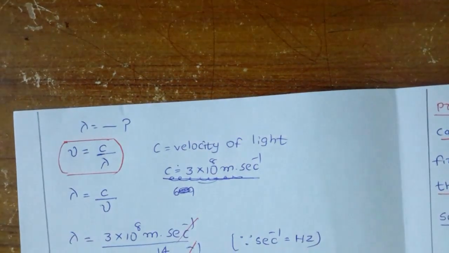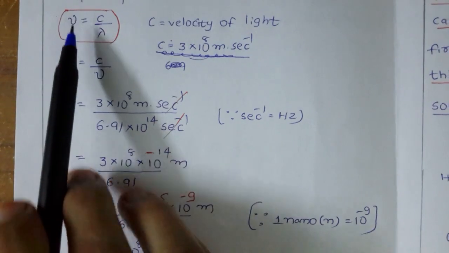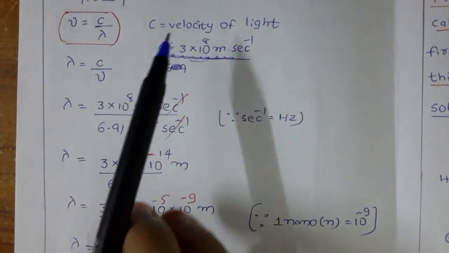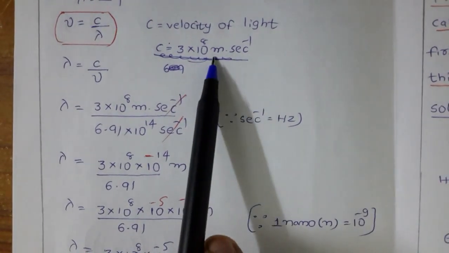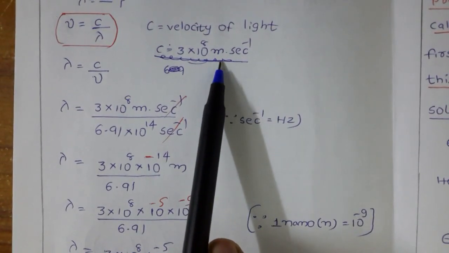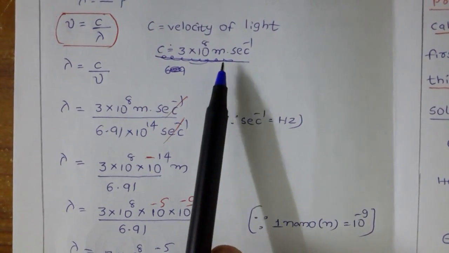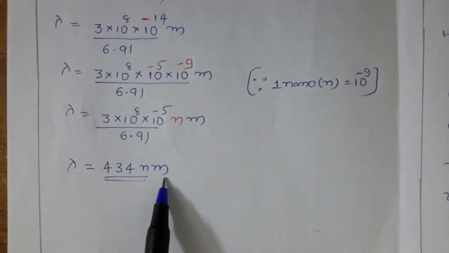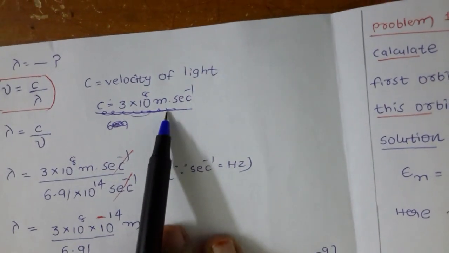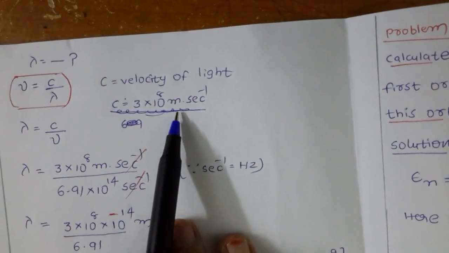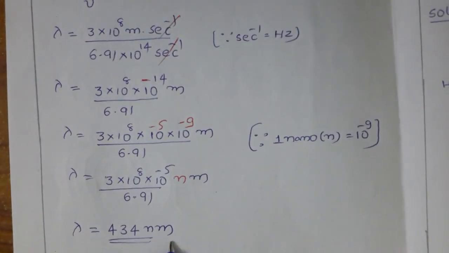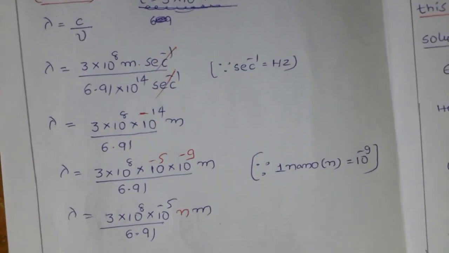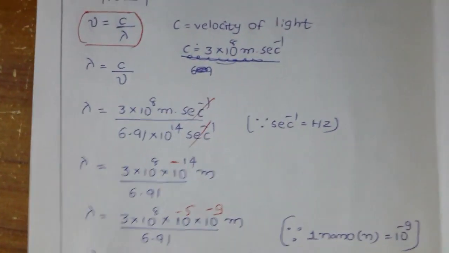Now lambda. Once you know mu, you can calculate lambda. Simply we have the equation mu is equal to c by lambda, where c is the velocity of light. In which units can we take the c value? In the textbook we already have the units in nanometers, so I will go for meters. In exams, if they don't mention, you can take centimeters also, and finally end with lambda in centimeters. If they specify, you can do that, or according to your convenience you can take any units.